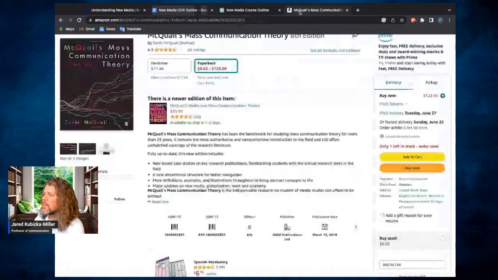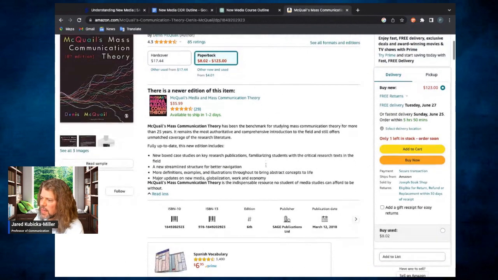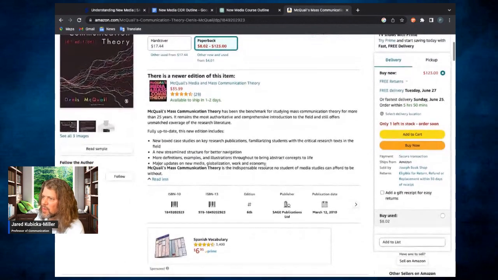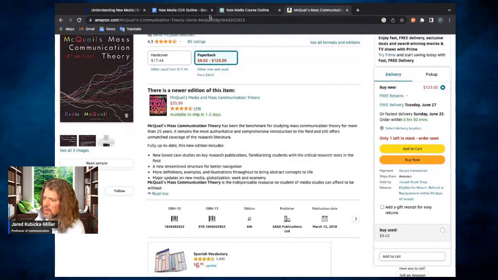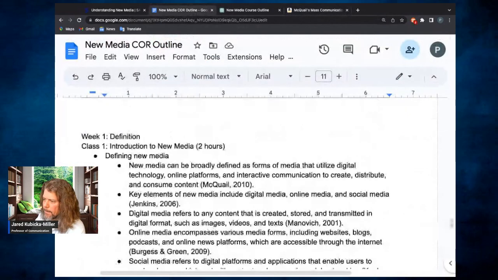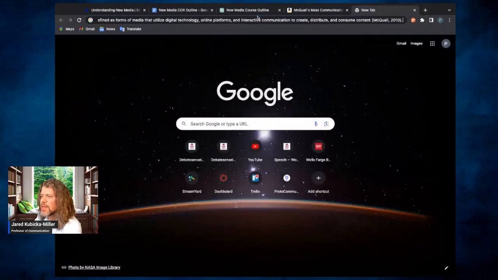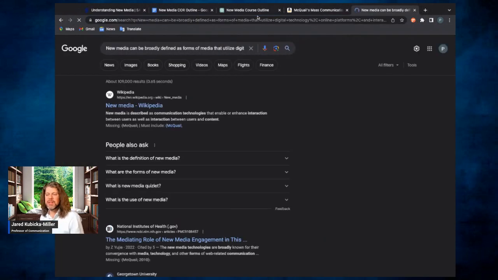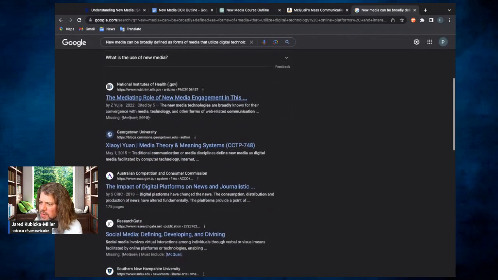Let's see what I can get from here. What happens if I just Google that? Just double check. You see how I'm double checking ChatGPT because I don't want it to BS me. Okay. Look at that. McQuail is crossed out.